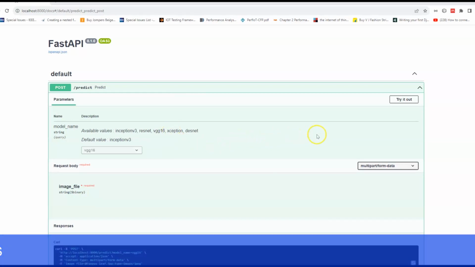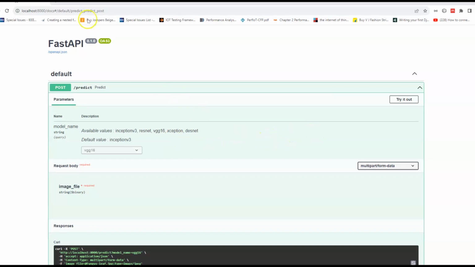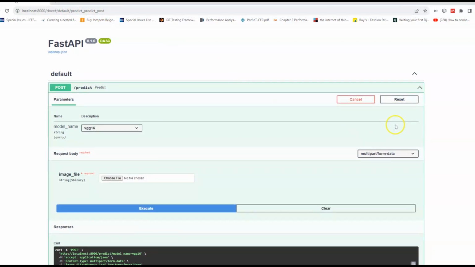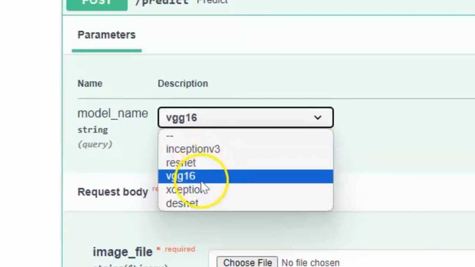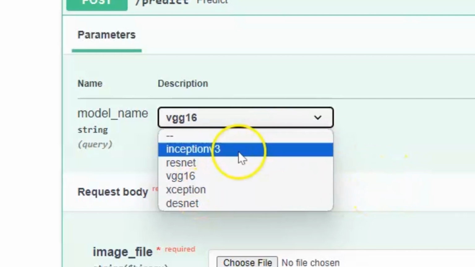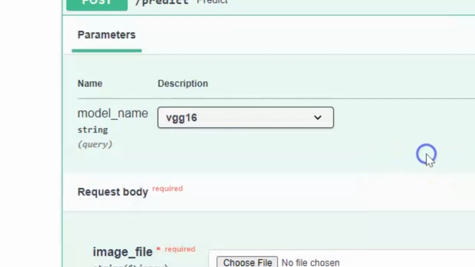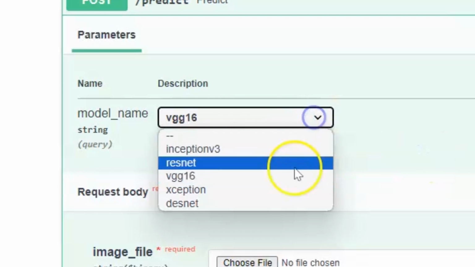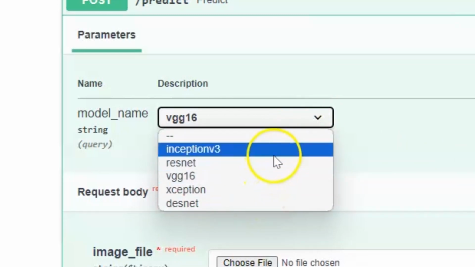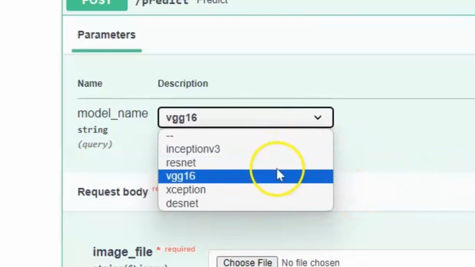So we are going to test how the system shall work, but of course this is a testing point. So here is the list of all those 5 models, and we can select one depending on the one you want, but this is being done for testing purposes. But for the mobile, we shall select the best one so that the farmers have that.